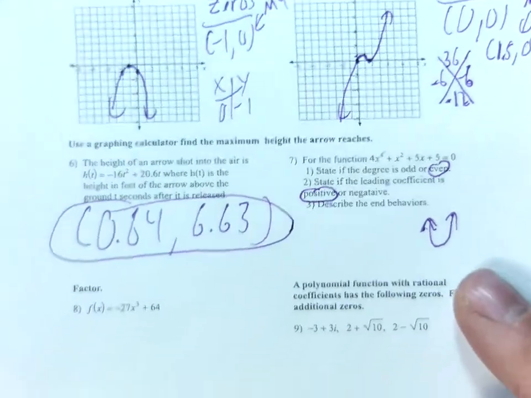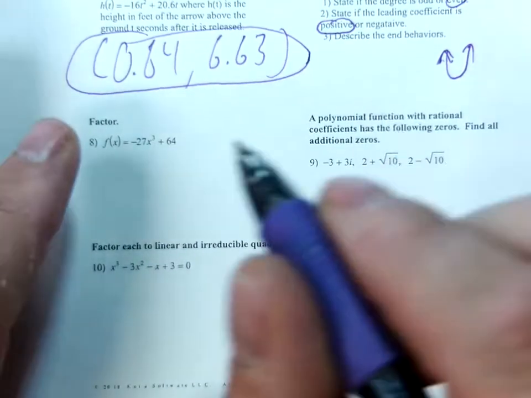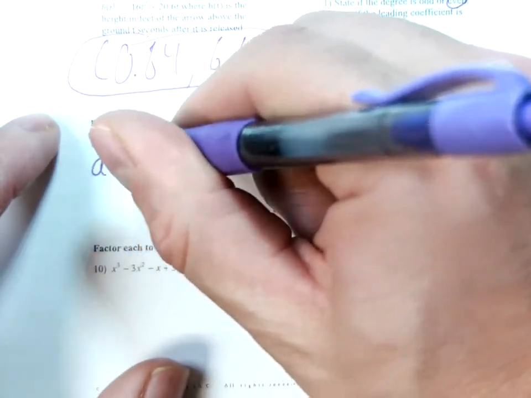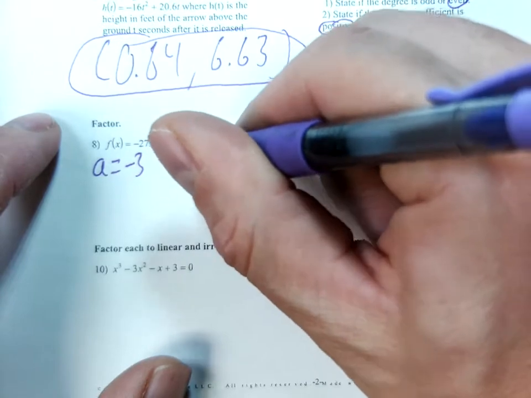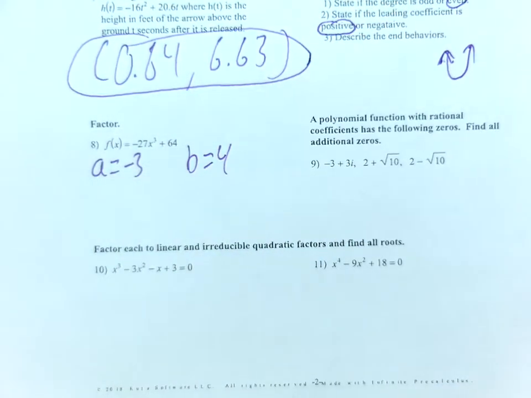Alright, this next one, number 8, says to factor it. This is a sum of cubes. So 27, negative 27 is negative 3 to the third, so a is negative 3. And 64 is 4 to the third, so that's b. So what we're looking at on here is